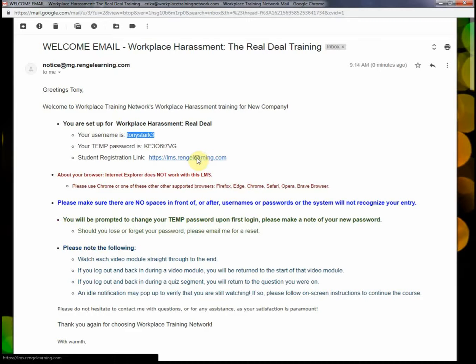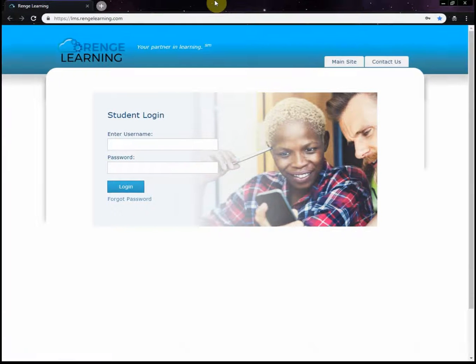Go ahead and click on the student registration link and go ahead and log in with the provided student credentials. Please note, this is the student login. As previously mentioned, the portals are very similar. However, instead of admin, it says lms.rengelearning, and instead of admin, it says student login. Go ahead and log in. Please also note there is a forget password link. However, if they want to email me to update their password, they can do that as well. Once they log